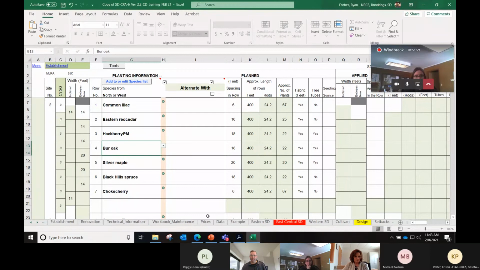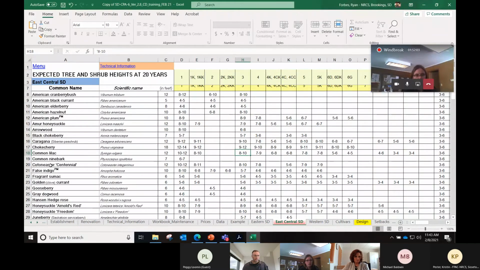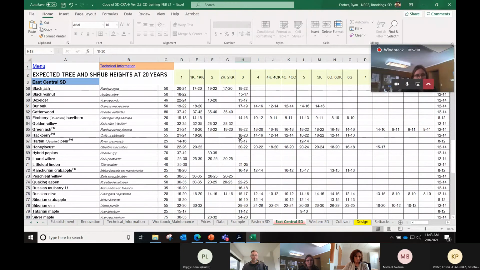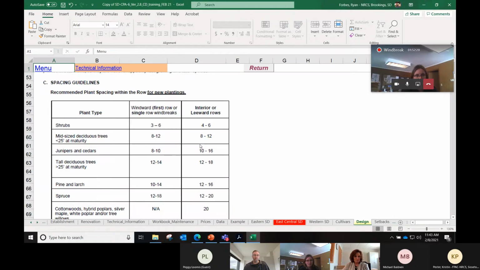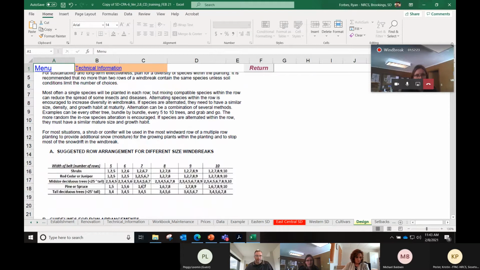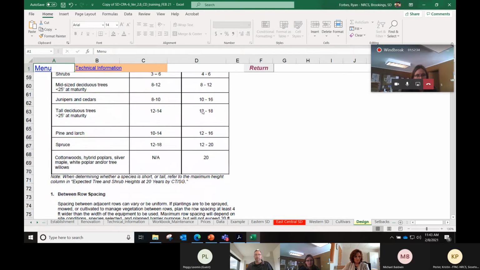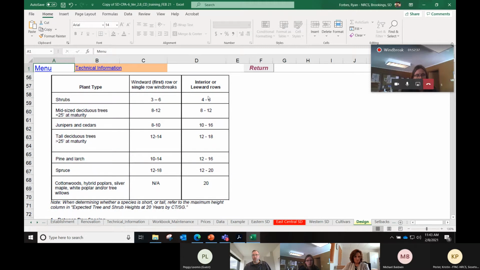So if we go back to our design, go down here to deciduous. So we got our hackberry, 8 to 20, 55 foot tall. Bur oak, 50 foot tall, and 17 to 19. So pretty similar in size. Let's go to my design. Get back to my 7 row, mid-sized trees. Rows 3 and 4. Tall trees, rows 3 and 4 on a 7 row belt. So we're good there. What am I looking at for spacing? Mid-sized trees, 8 to 12 on the interior, 12 to 18. So I'm going to lean more toward tall trees at maturity, because they were at least at 50 feet at maturity,